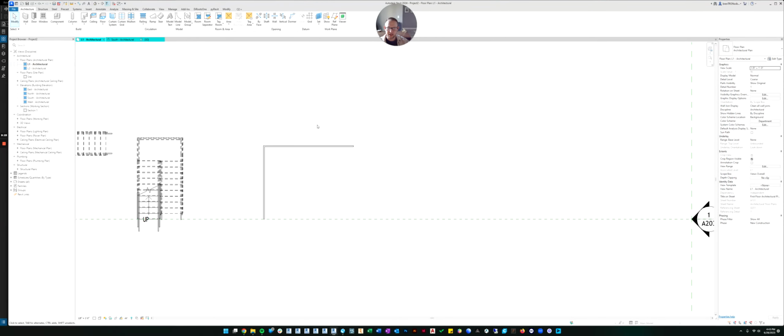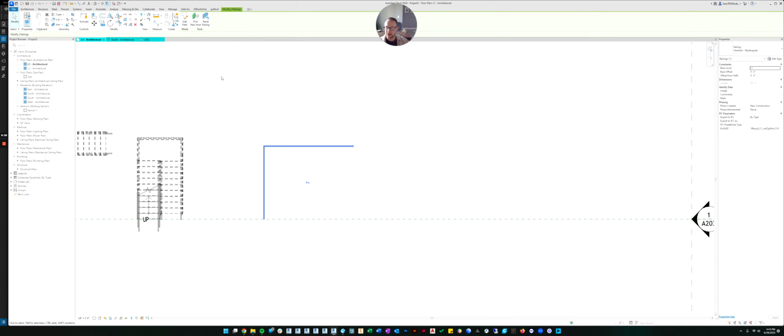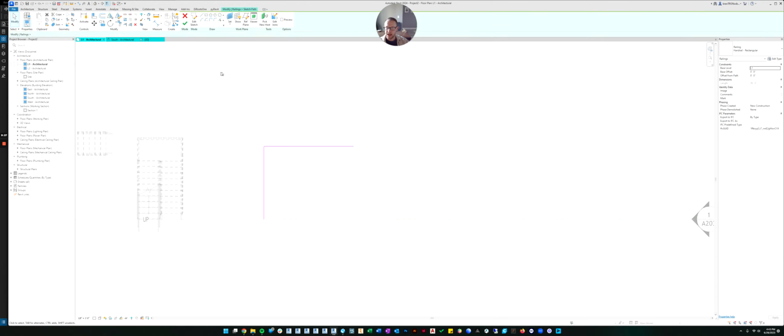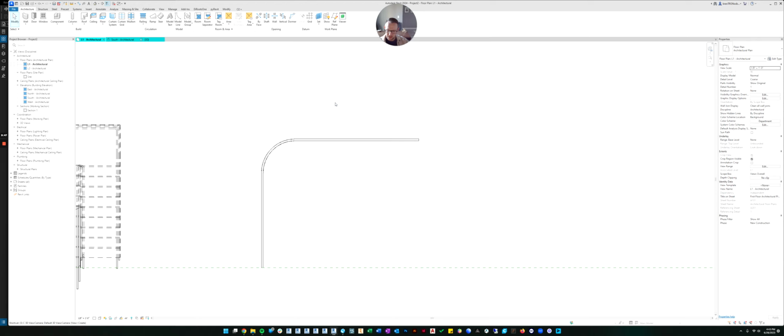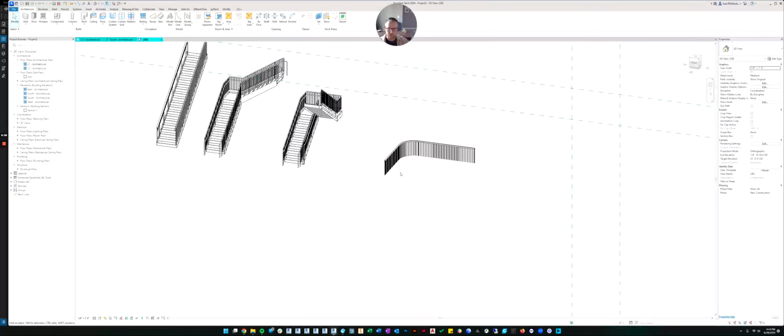Okay, just like anything else, if you need to edit the railing, you can hit edit path and it'll take you back into the sketch. So if we wanted to put a fillet on this thing, that's a 1 foot radius fillet, we can click these 2 lines and we can put a radius. Maybe I want a bigger radius here. Maybe let's do a 3 foot fillet. And then we just finish the sketch. And now when you look in 3D, it's round.